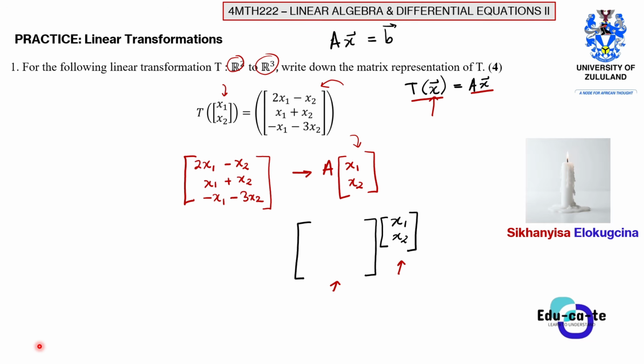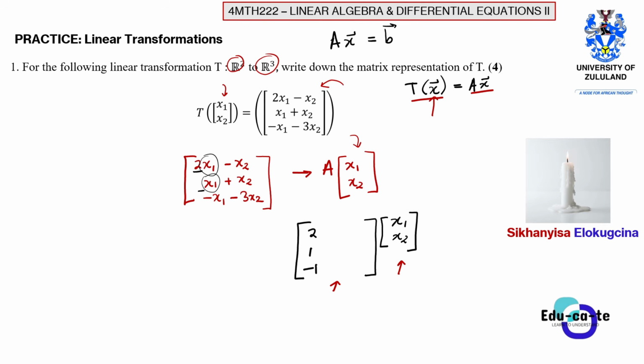So now we just need to fill in the entries and see if we are able to get them. In this case, we have positive 2, right? So the first one is positive 2. That's the entry. The next one is positive 1. I'm sure these are corresponding to the variable x1, right? So the next one is positive 1, and then the last one is negative x1. So that's going to be negative 1 times x1.